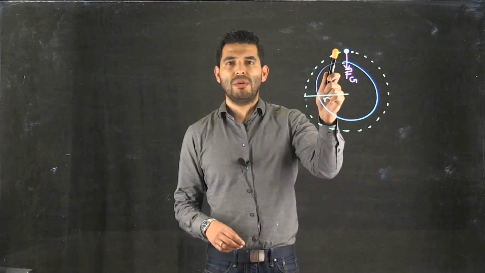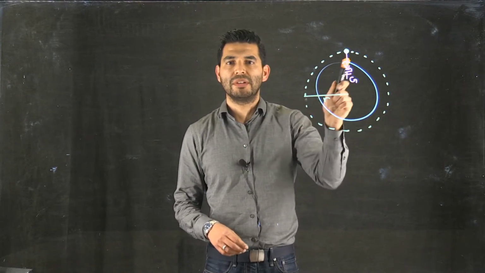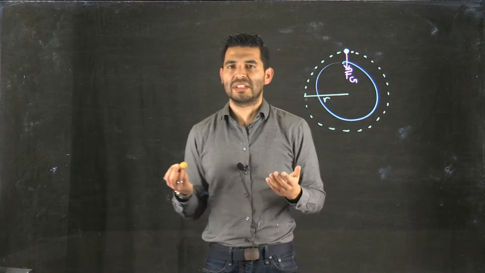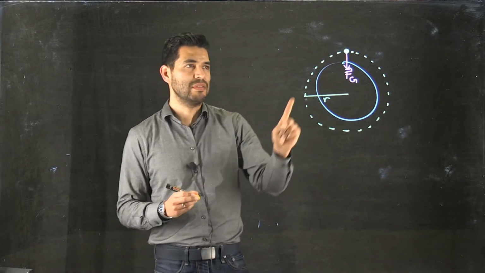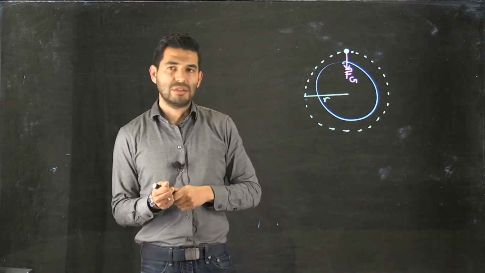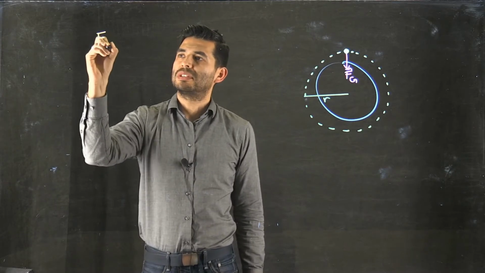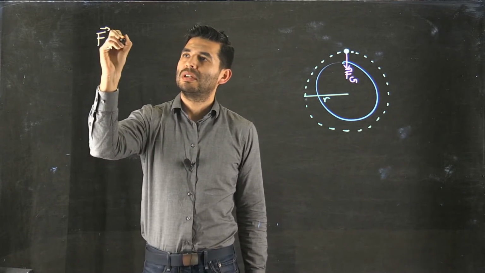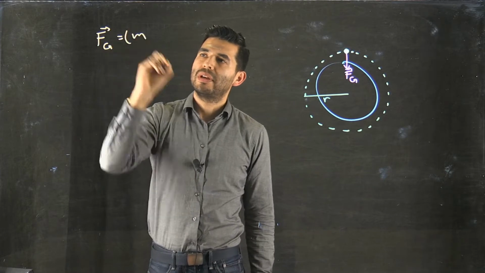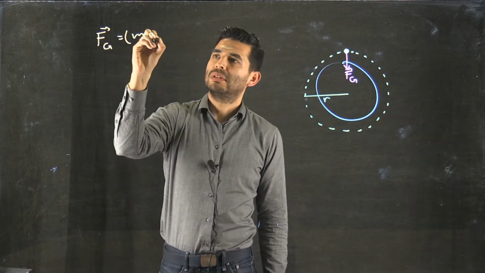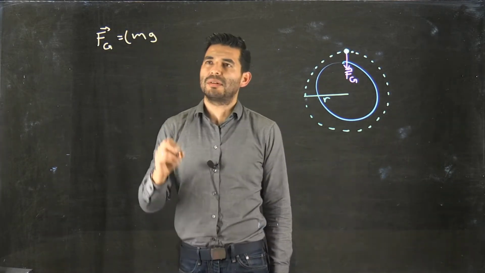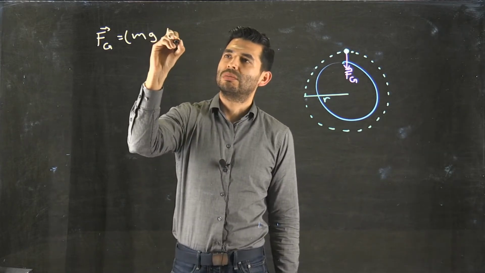Hit a baseball so hard that it will go in orbit around the Earth. Another question is, let's calculate that speed that we need to give to the baseball. So we know that the only force acting on the baseball is going to be the force of gravity, which has a magnitude of the mass of the baseball multiplied by the free fall acceleration, and is pointing towards the